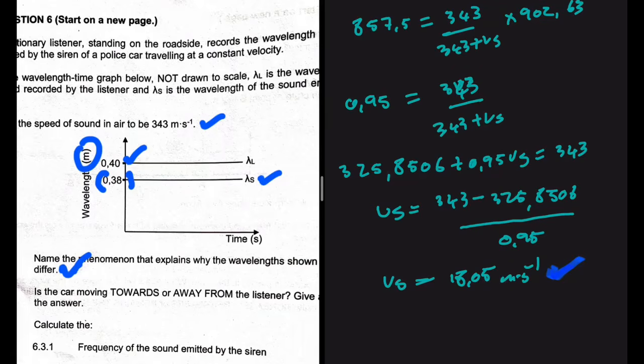Here we go. 6.1.1, state the Doppler effect in words. Well, I'm just going to leave that one to you and go straight to